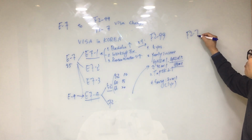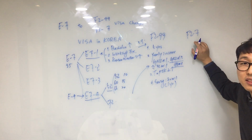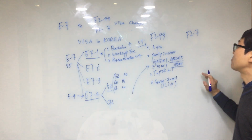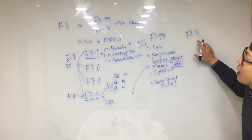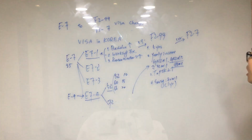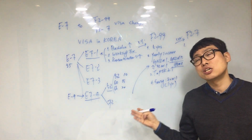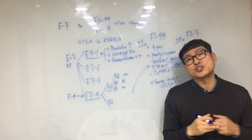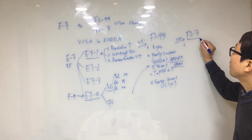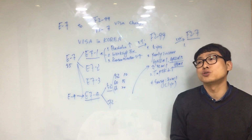What is the F2-7 points-based residence visa? It is the highest visa, higher than any other visa except for the permanent residency F5. One year after E7-1 or E7-4, you have a chance. There are lots of points to get, for your age, your income, your education level, and the Korean language level. I already uploaded the F2-7 point chart on my YouTube,